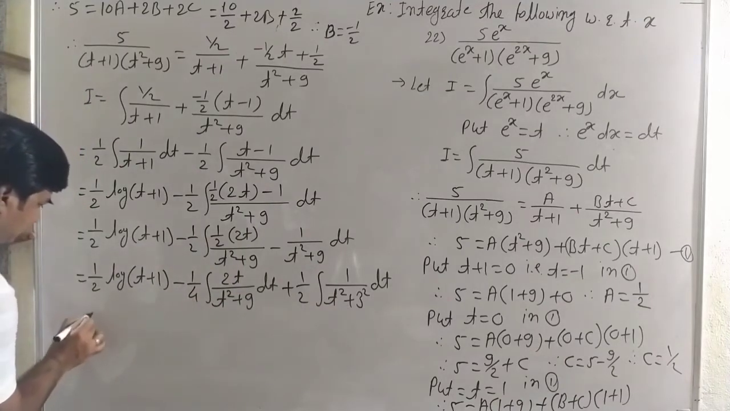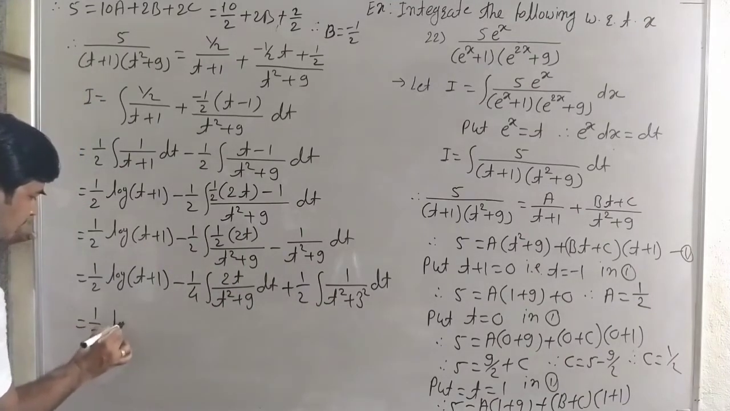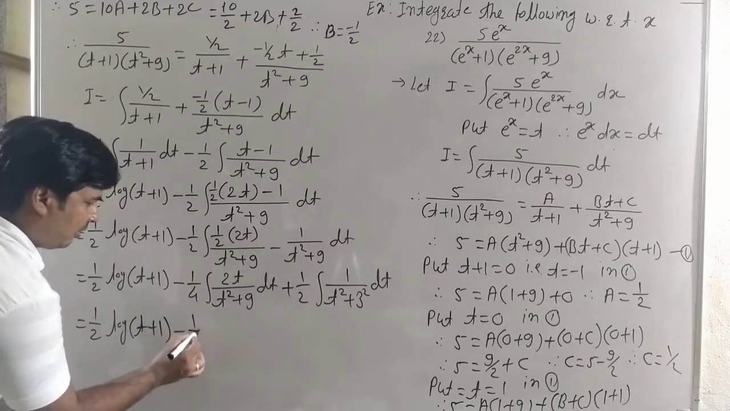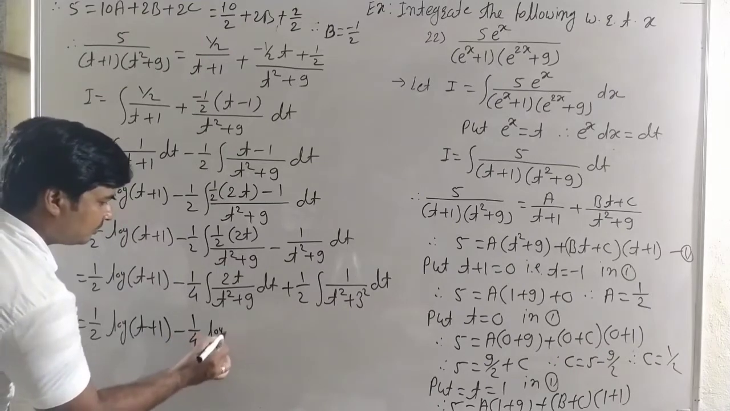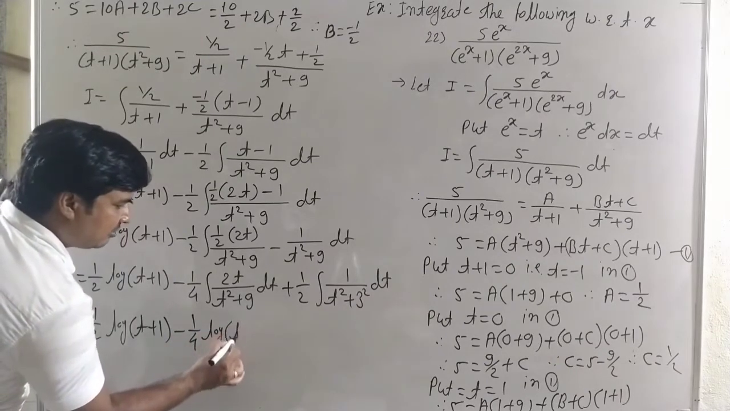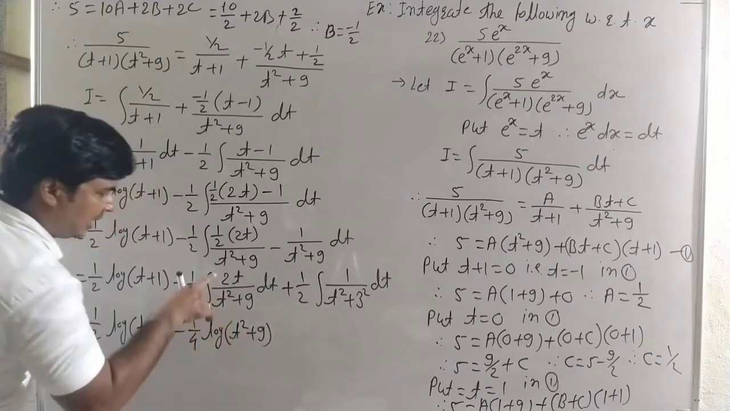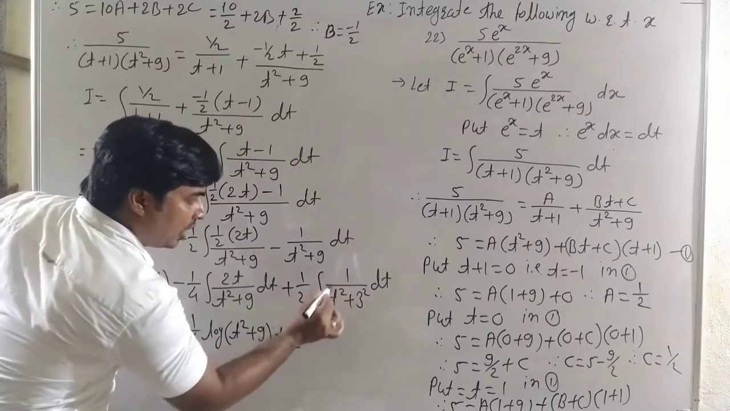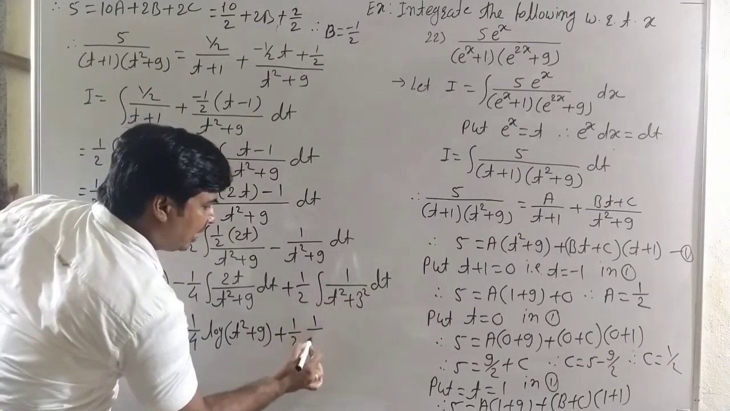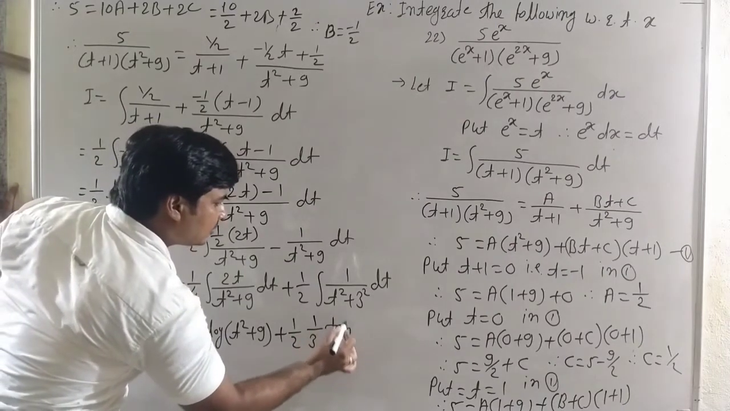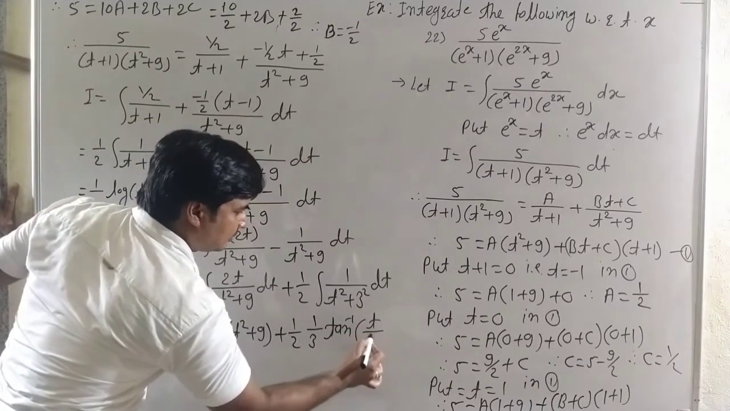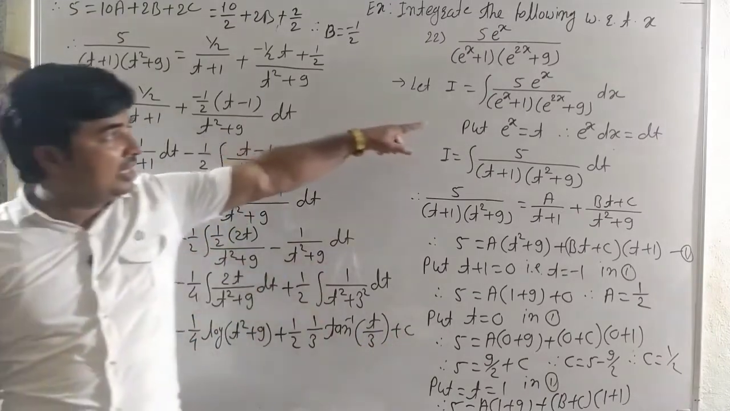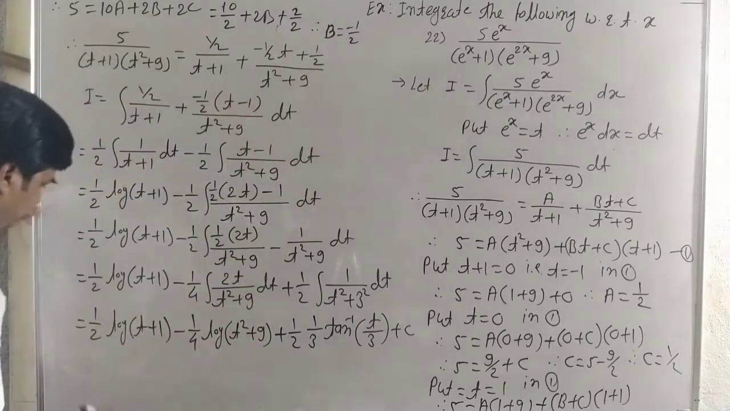Now 1 by 2 log of t plus 1, minus 1 by 4 into log of t square plus 9, that is f dash of x upon f of x, plus 1 by 2 into, for 1 upon x square plus a square, it is 1 by a tan inverse x by a, plus c. And now for the last answer, put the value of t, and t is e raised to x, and then the last answer is